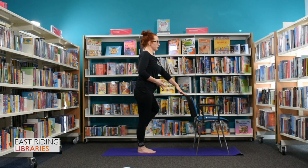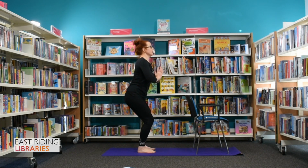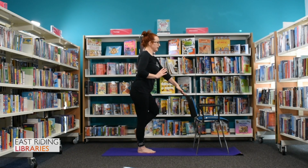Okay, feel grounded, use that chair, look at a spot on the floor. This really helps, it's very mindful, very focused, really good. Exhale down into your chair. This really helps me to focus. I practice this kind of move when I'm having a break from being on Zoom or Teams if you're working from home. And then inhale,